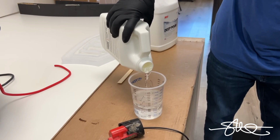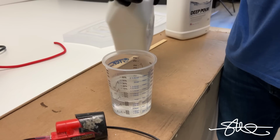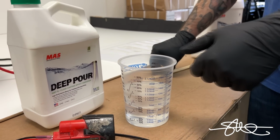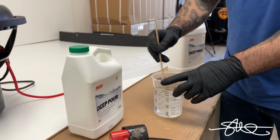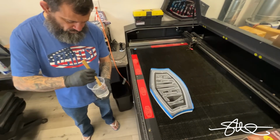A little bit of part 2. Yeah, I'm going to put a little extra part 2 because it's a pretty thin pour. So you mix a little extra part 2. This is actually what I was told by this manufacturer. I told him I was only doing a 1/4 inch thick pour, so he said kind of crank up that part 2. Now another thing that I